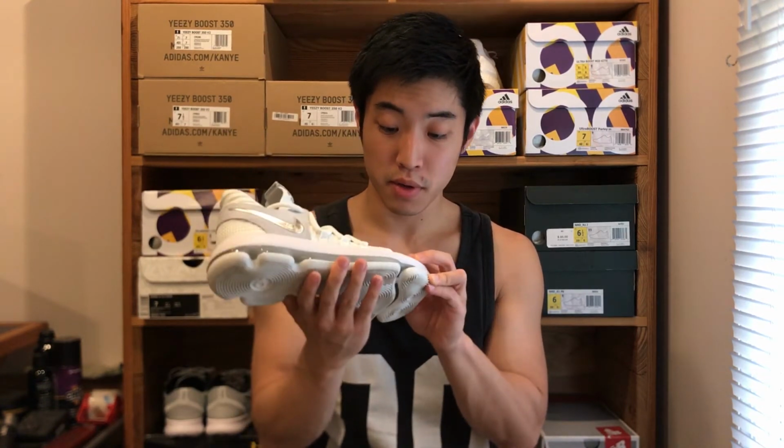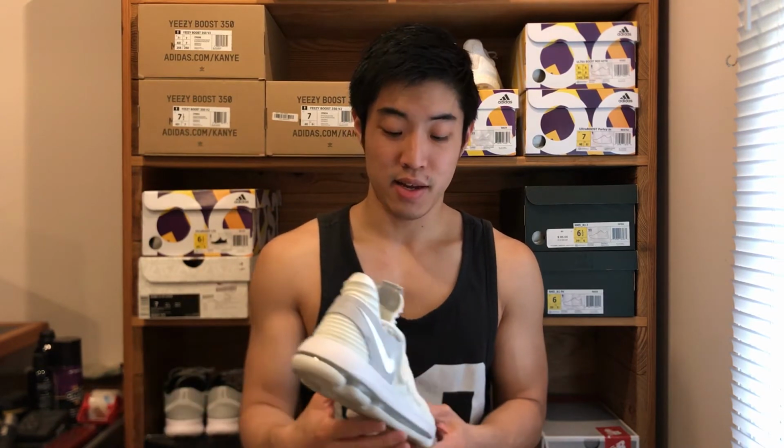Moving on to the materials, the KD10 features a full Flyknit upper. However, on the KD10, it is TPU reinforced. So if you flick the toe box, you can actually hear that noise, and it sounds kind of plasticky. And it's because it is infused with TPU. I feel like it's infused with TPU strands. I'm not sure if you can really see it, but the style of material on the shoe is kind of reminiscent of the Kobe 11, but maybe not to that extent. It's more pliable and more flexible, whatever you want to say. It feels better on foot than the KD 11s, but it definitely doesn't give you that free feeling that the KD9s had. But materials still feel great. Overall, it feels like a normal Flyknit shoe almost. It is a little bit plasticky, but